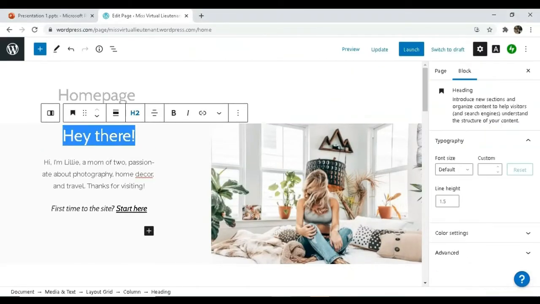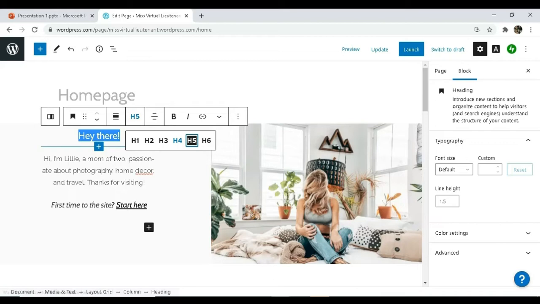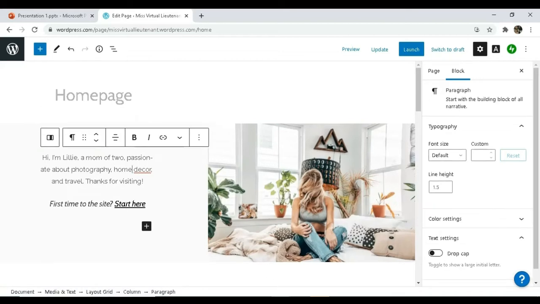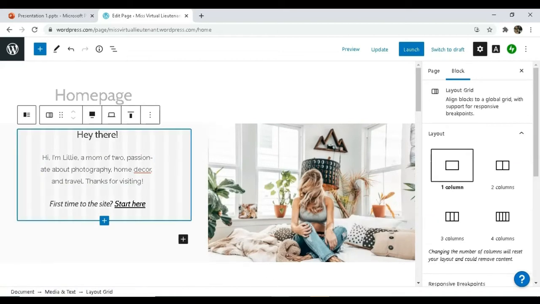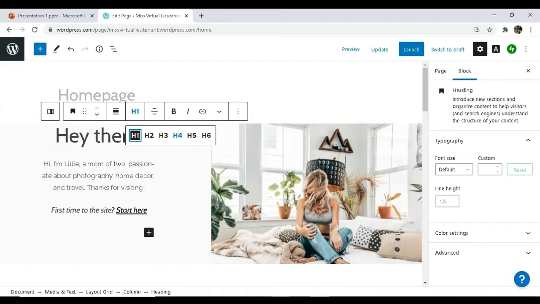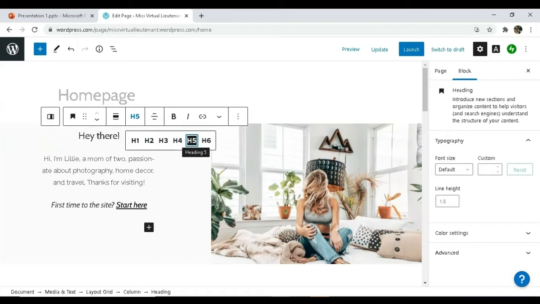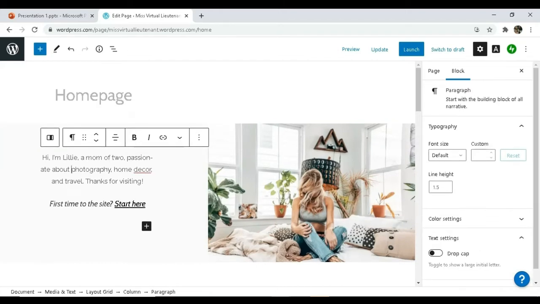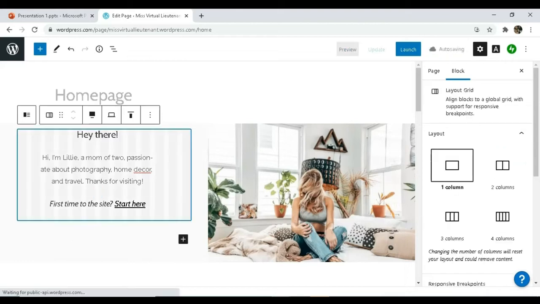The reason for that is because this is header 2, and for this website that I've created, probably it was header 5. So you can change the sizing of the header here, okay? Heading 1 is the biggest, heading 6 is the smallest. So I think I've chosen heading 5 for that one. And then